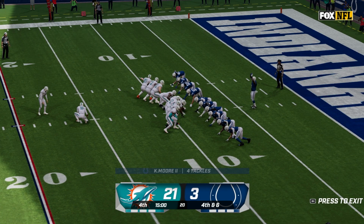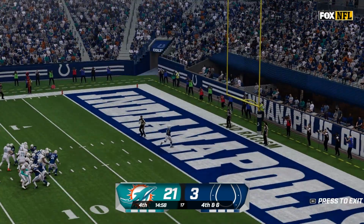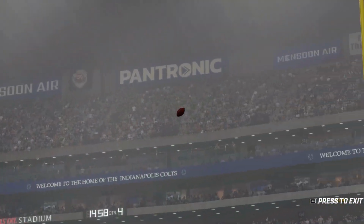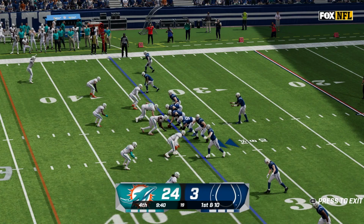Back now in Indianapolis. It's Dolphin football. It's also Dolphin lead to begin quarter number 4. Sanders' kick is good, and the Dolphins will add on to their lead. Well, ultimately not really sure that they're going to need those 3 points, but